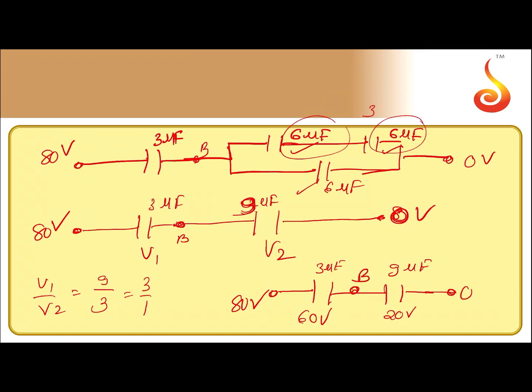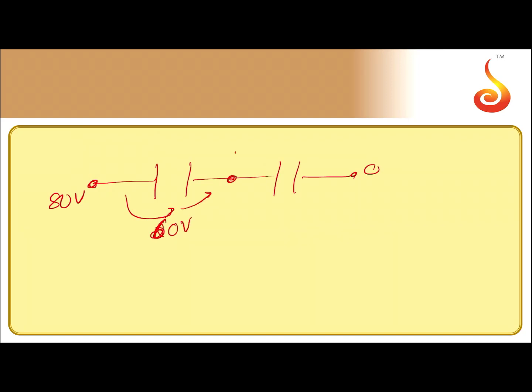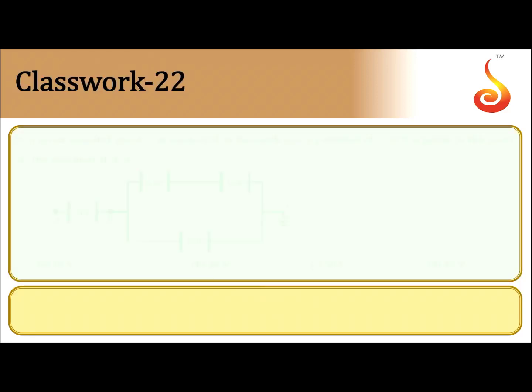And the point B is here. So, this is 80 volts and the potential drops by 60. Correct? Therefore, what is the potential over there? So, you can show it again, 0, and this is at 80 volts. The potential decreases by 20 volts as you cross this, 60 volts as you cross this. Therefore, the potential at point B is equal to 80 minus 60, that is 20 volts. So, the potential at point B is 20 volts.